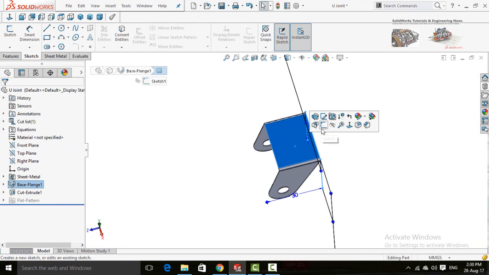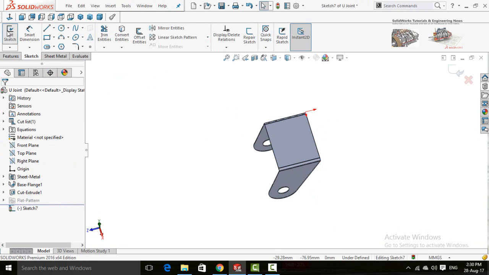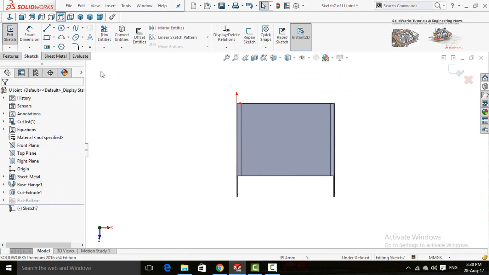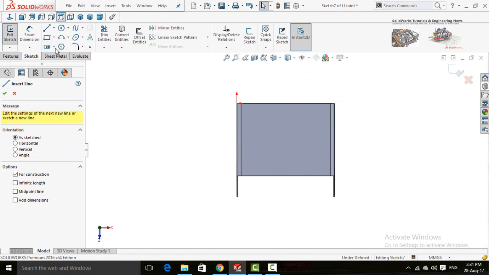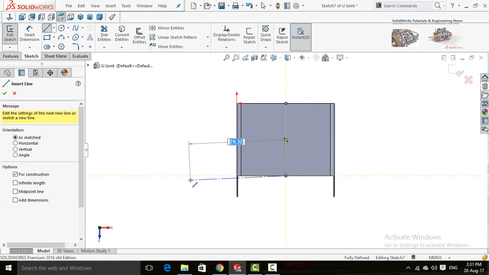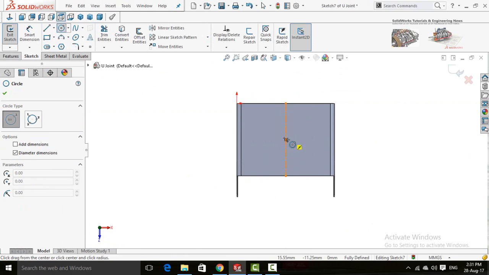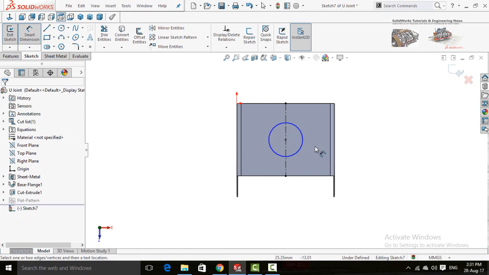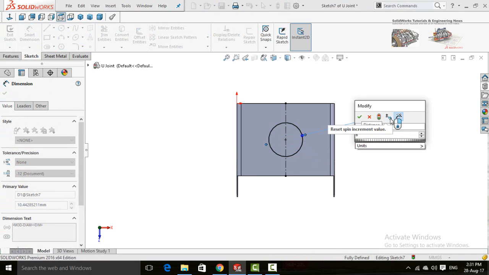Now sketch on this plane, make normal to, select a center line and draw it from this midpoint to this midpoint. Now draw a circle on the mid of this center line and then define it 6 mm.